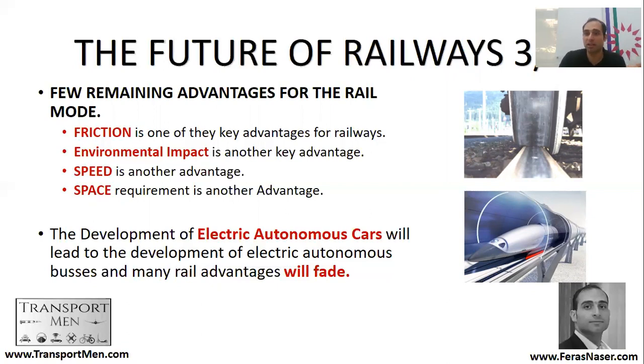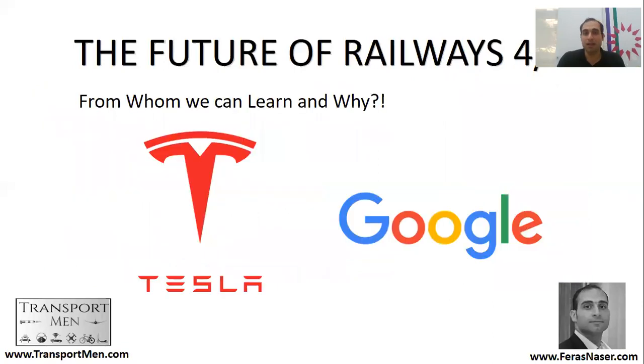For example, today there are 1 million Tesla cars running in the world, and they are electric and semi-autonomous, and in the future might be autonomous. They are already running all around the world. And this leads me to whom we can learn from. I talk about Tesla, which is related to using computer vision in transport, and I talked about Google, which is about using deep learning models, machine learning and privacy.